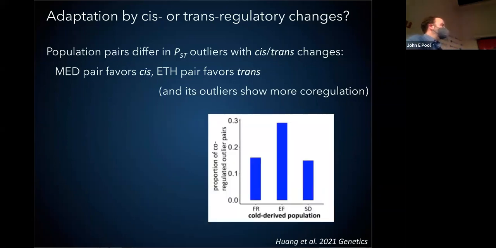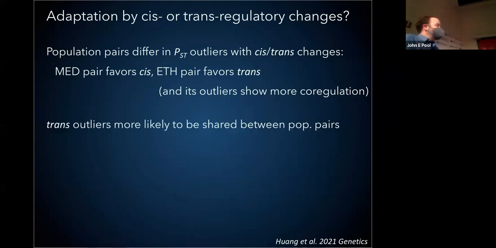So this is co-regulation based on the variation within the cold population specifically. One thing that was a little bit more consistent though is that, between the cis outliers and the trans outliers, and by outliers, I mean candidates for adaptive regulatory evolution, the ones that were encoded by trans factors were more likely to be shared between different population pairs. And so, I don't know if that reflects more standing variation for trans regulatory variation or some other reason, but